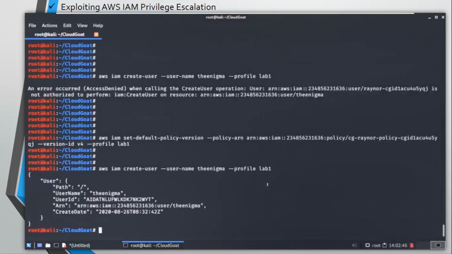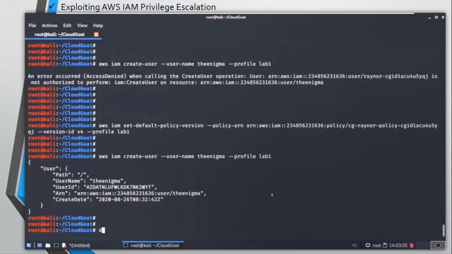Awesome. So you can see how powerful this is. We were able to create the user, and we can literally do anything with this. So we have successfully escalated our privilege, and you can see with a simple mistake what a disastrous effect it can make. So make sure you make your policies properly, and I'm going to cover mitigations for these issues in the next session.